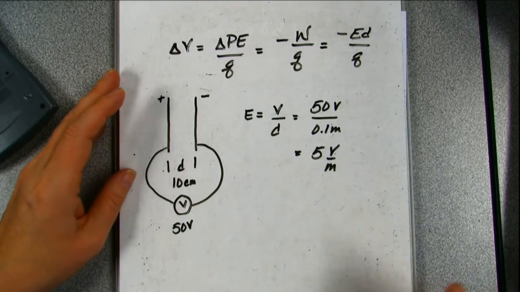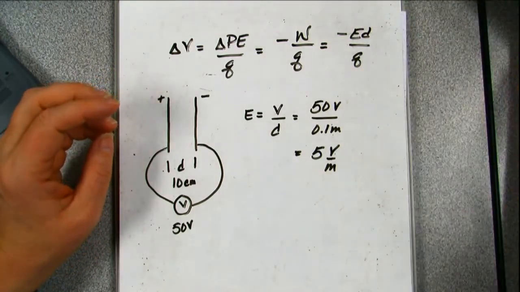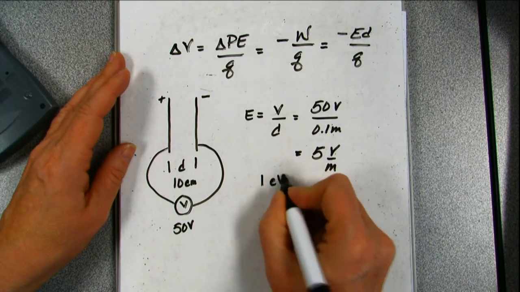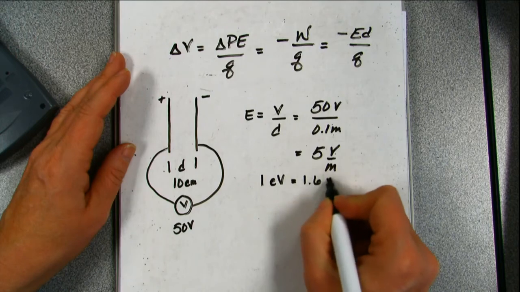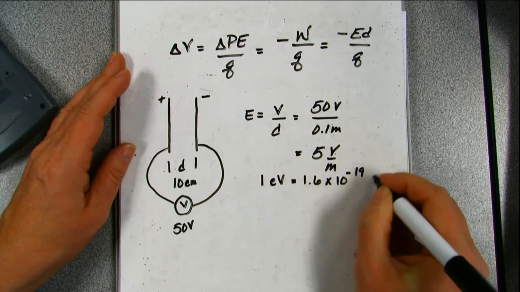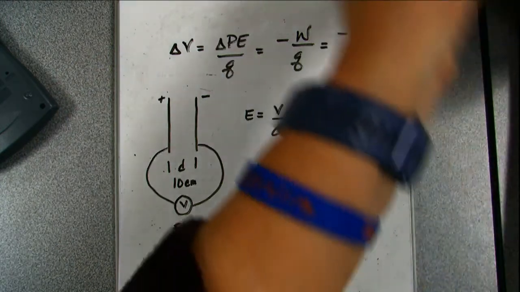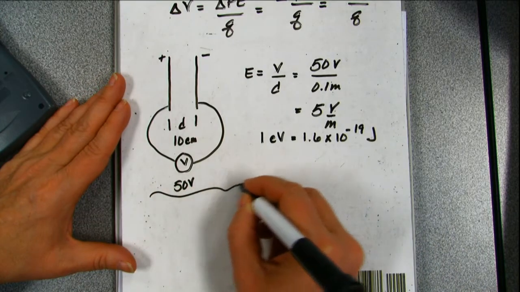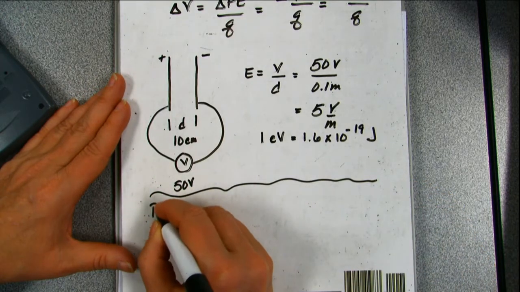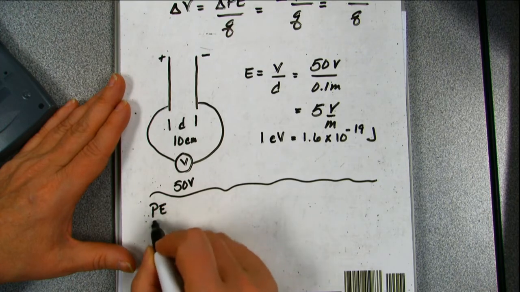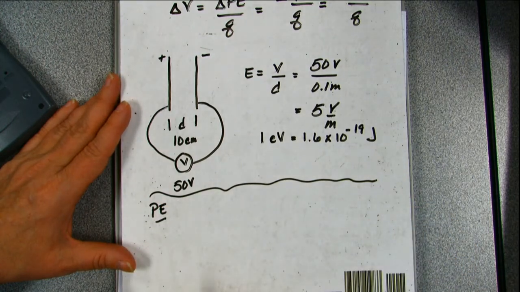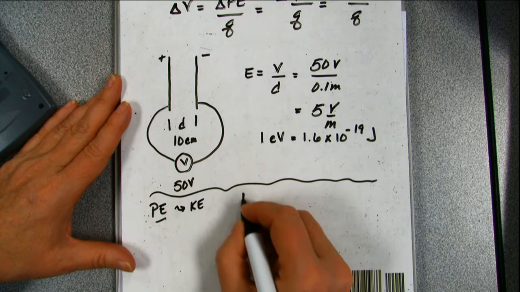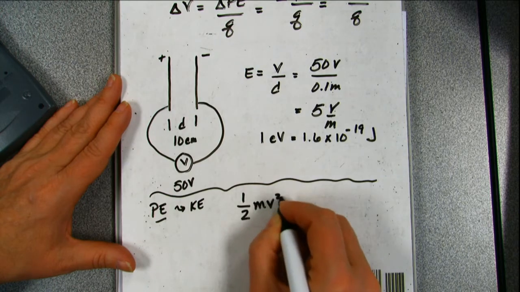So now that we can do electric fields, and remember, we can do electric fields and we can do energy. 1 eV is equal to 1.6 times 10 to the minus 19 joules. We can do similar things that we've done before. If I know the potential energy, and we say all that potential energy converts to kinetic energy,